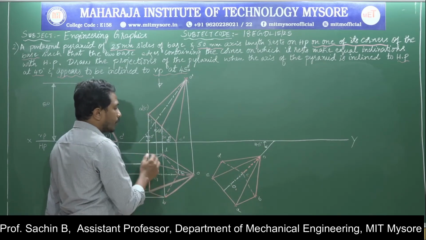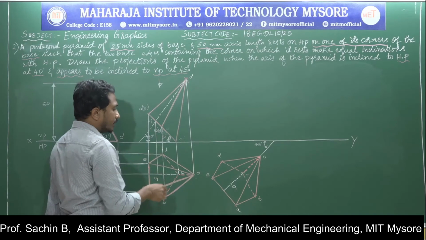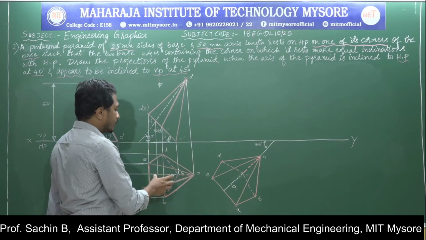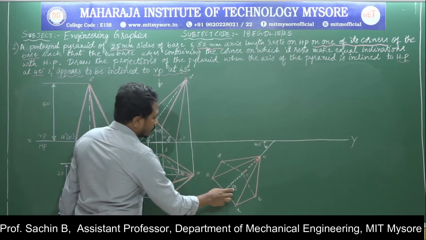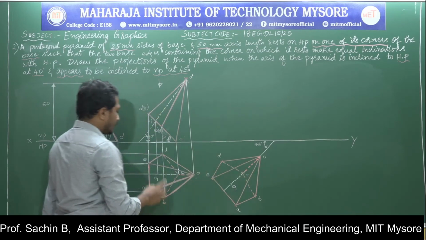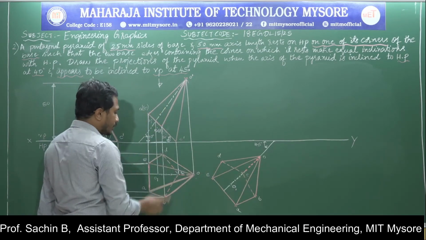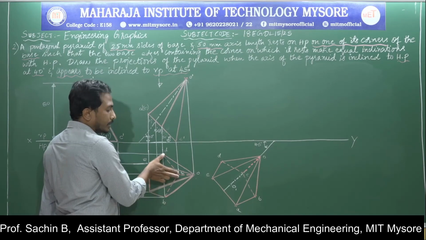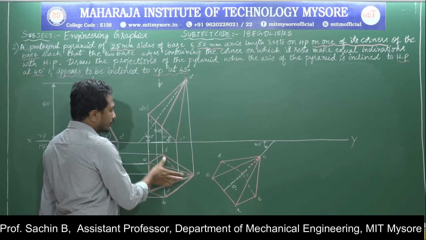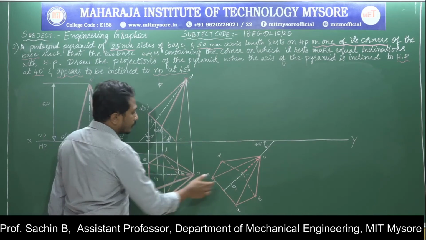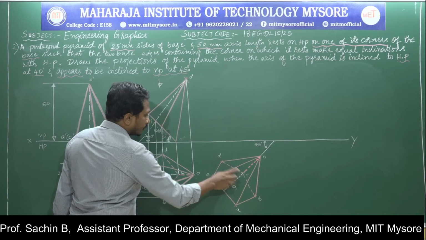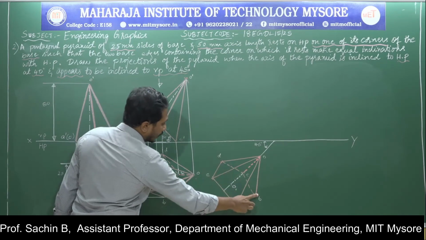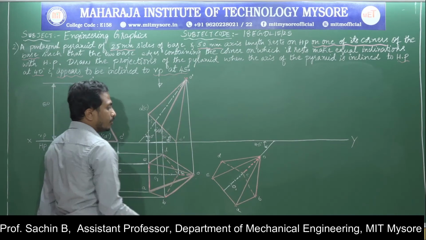To get the remaining corners or the remaining points, I required one more point. For that I measured it from O to O1. O to O1 I marked it. Next I am concentrating on D and B point. For that, to get the D and B point, I will measure from C to D or from C to B. The length will remain the same. I am cutting the arc from C at left side one arc, and to its right side one more arc.